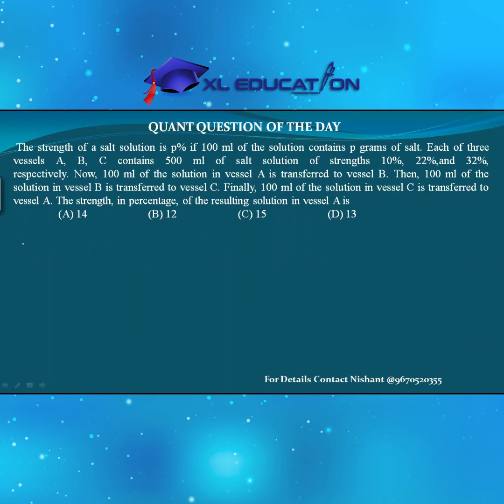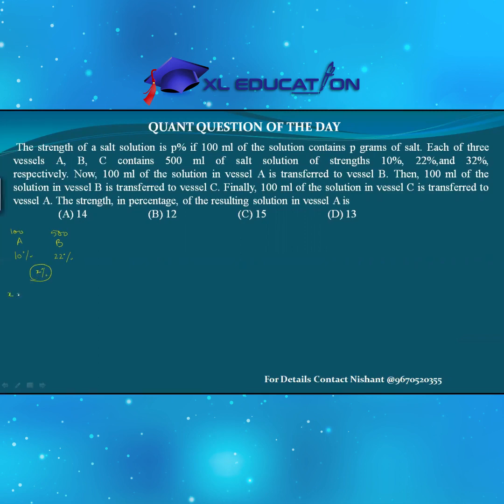We can solve this question using the concept of alligation. So we will make an alligation first of all for two solutions A and B. Concentration of solution A is 10% and concentration of solution B is given in the question as 22%. We are mixing 100 ml of A to 500 ml of B. The resulting solution will have a concentration of, say, X%, so we have to calculate this X.